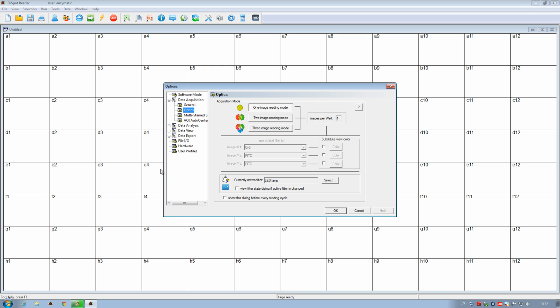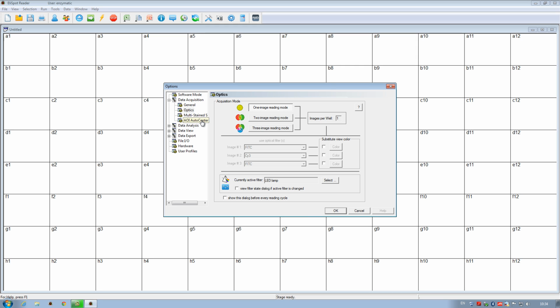Continuing downwards, we come to the Optics tab. Here is where you control the filter settings of the machine. Right now it is in one image reading mode with the LED lamp as the indicated active filter, thus suitable for ELISpot reading. For our two interferon gamma plates, these settings are as they should be. By contrast, in the case of reading fluorospot, a switch to 2-image reading mode would be necessary, including selecting the order at which the fluorescent filters should be utilized by the machine while reading. We will discuss these aspects further in a future fluorospot tutorial. Let's switch it back to the ELISpot setting for now and let's continue forward.